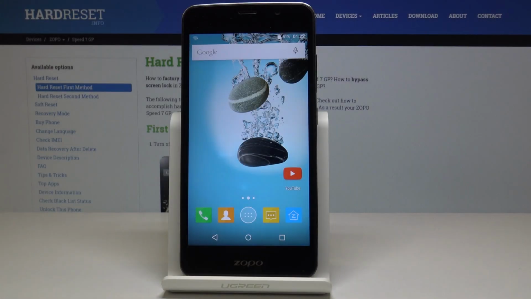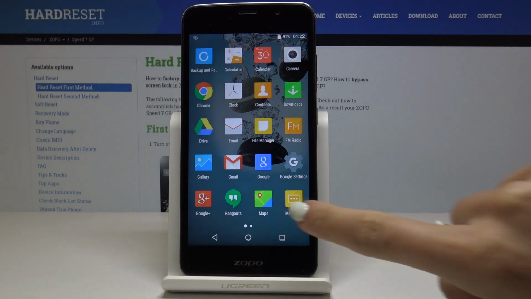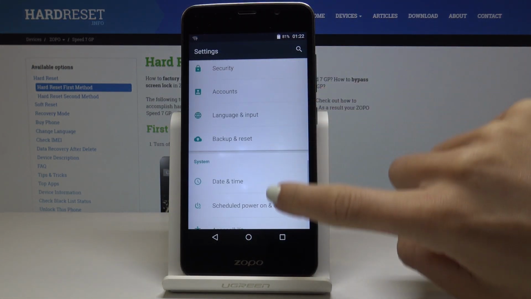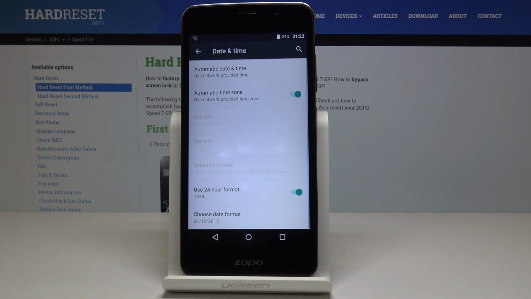Here I've got Zopo Speed 7 and let me show you how to set up date and time on the following device. So at the very beginning you have to open the list of all applications and go to the settings. Now scroll down and select the date and time, so it's the first tab under system,